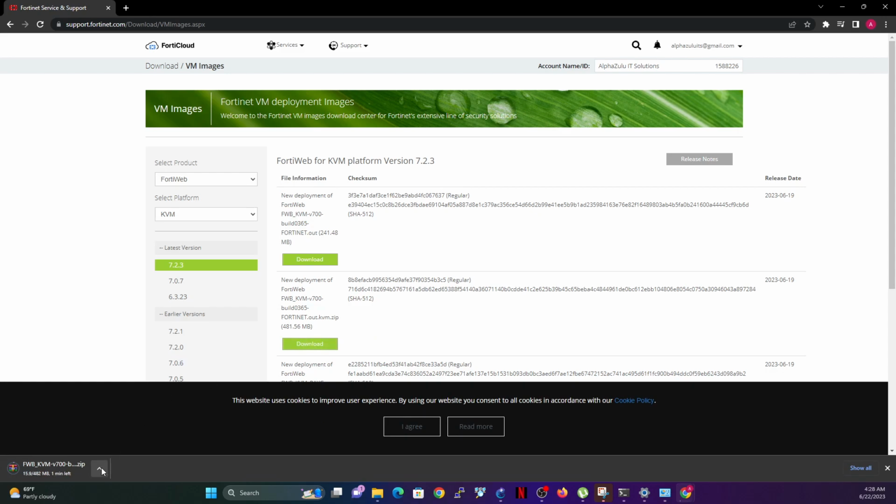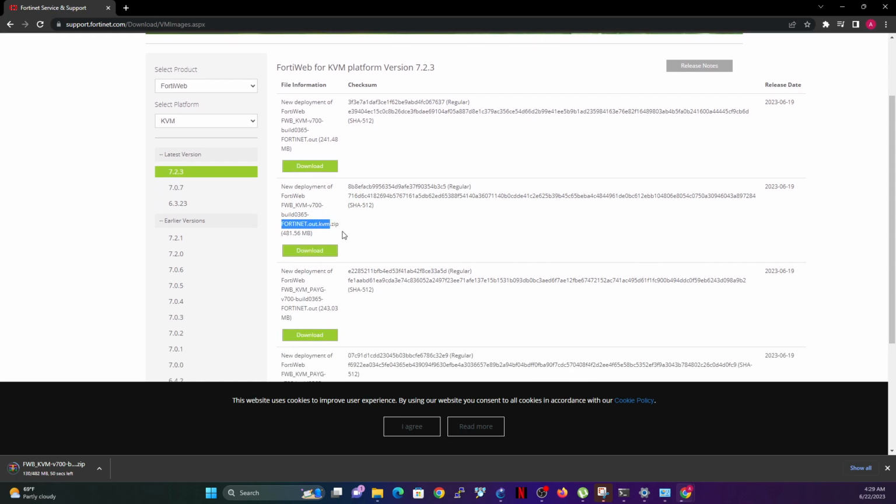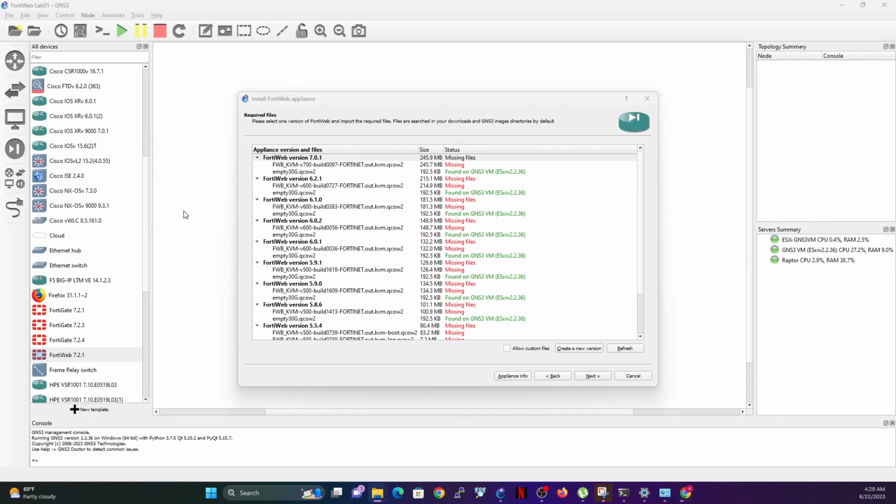Now once the download is done, I am going to show you how to move that over into GNS3. So once you download, notice I am downloading the one that has a KVM version. This is actually in a zip file, which I'm going to unzip once I'm done, and then I'm going to install it on my GNS3.